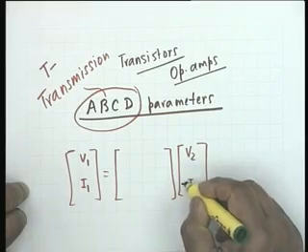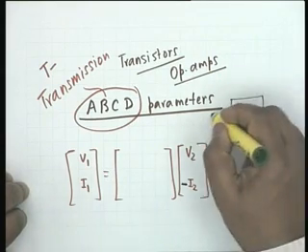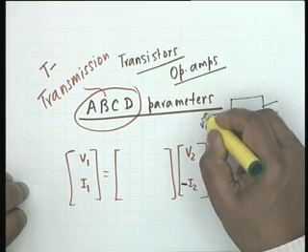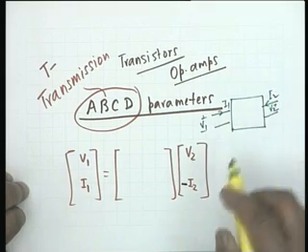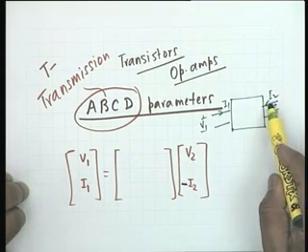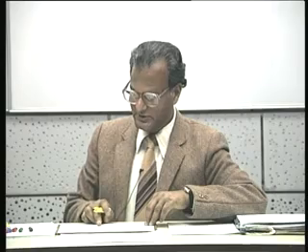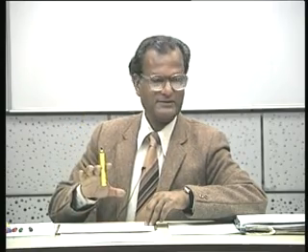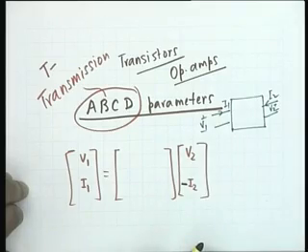What I want you to notice is this negative sign. Well, if I look at the 2 port, you say V1 I1, V2 and I2, what it means is that I2, the output current, is taken as going out of the network instead of coming in. If it was coming in, we should have used a plus I2. And Lord Kelvin argued that whatever I feed in, if I feed in a current in this direction, I will take it going out, the current going out.